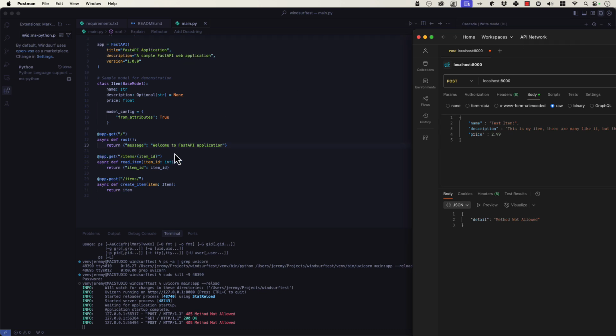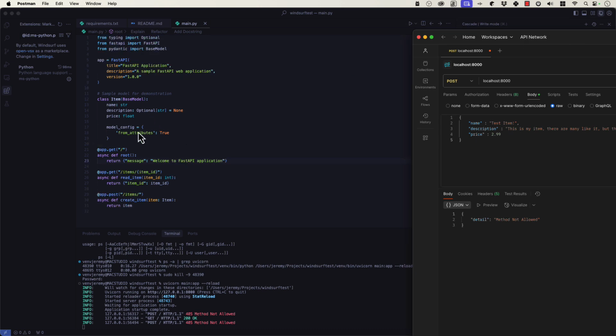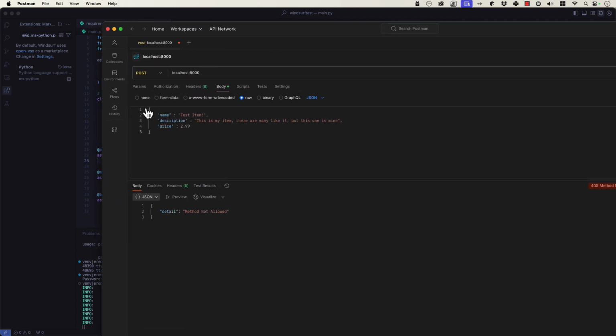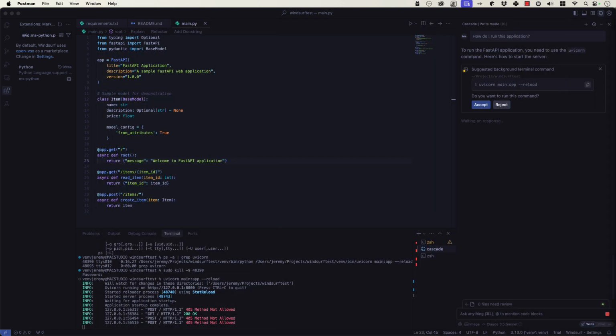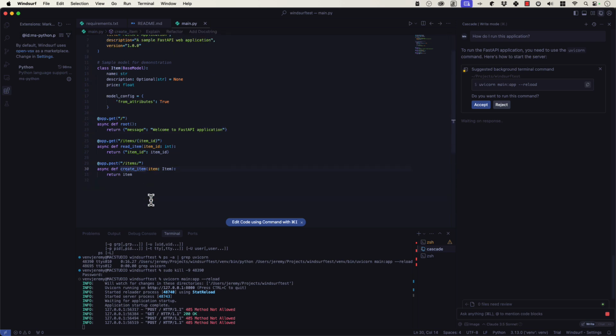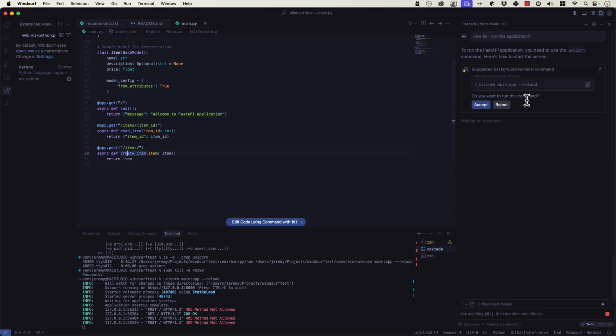Now, why would our post not be allowed? At post, create items, and it should return an item. It says method not allowed. But it should be allowed. It's in a route. Let's see why that is. You're probably looking at this and you already know the answer, but